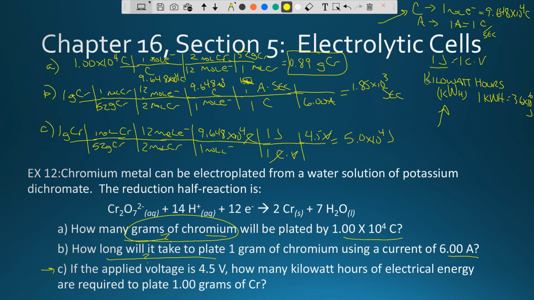And remember, then I can go from joules to kilowatt hours. 1 kilowatt hour is 3.6 times 10 to the 6th, okay, so that's going to be in joules. Okay, so I end up with 1.4 times 10 to the negative second kilowatt hours. Now remember, if you get a negative second, all that really means is 0.014 kilowatt hours. So sometimes people freak out. These two say the exact same thing. All right, that is